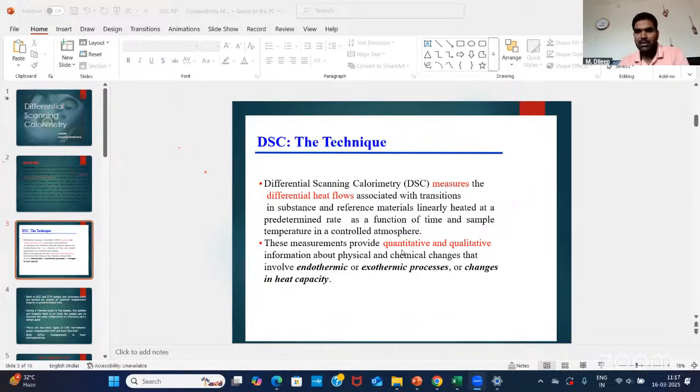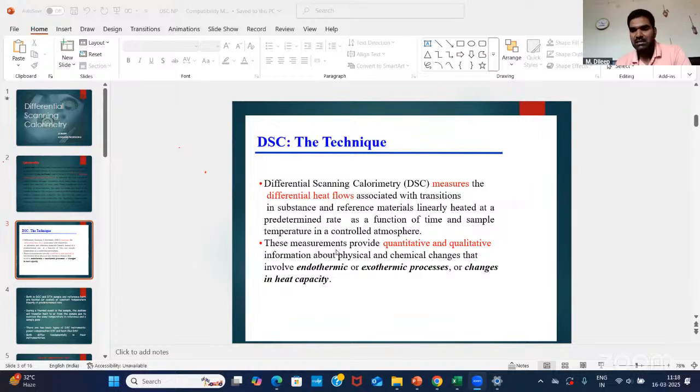These measurements provide quantitative and qualitative information about physical and chemical changes that involve endothermic and exothermic processes or changes in heat capacity. So by using these measurements, we get this quantitative and qualitative information about the physical and chemical changes. These measurements involve endothermic and exothermic processes. With the change in heat capacity, there will be plots where we can see the